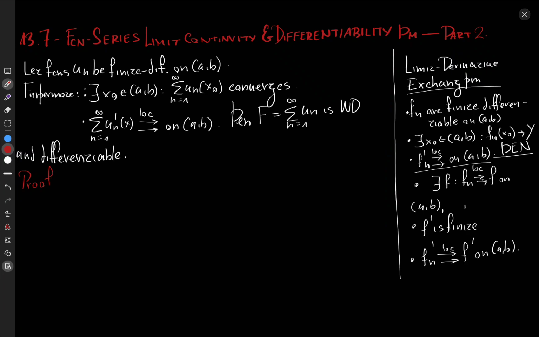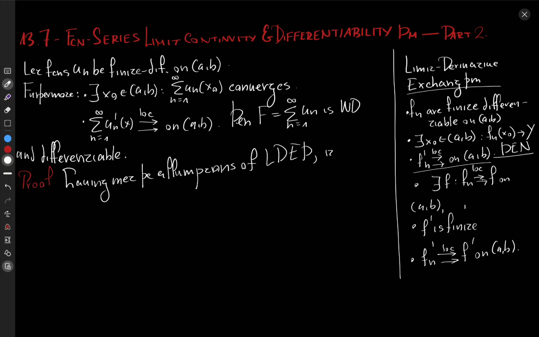Also observe that essentially these requirements are simply the requirements of this theorem, right? So by observing and using our mathematical skills, we can immediately see that these requirements, these assumptions of this theorem perfectly align with the assumptions of this theorem, of the limit derivative exchange theorem. So having met the assumptions of the limit derivative exchange theorem, it holds that,